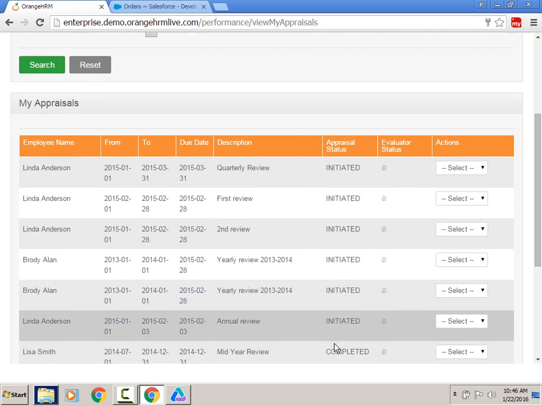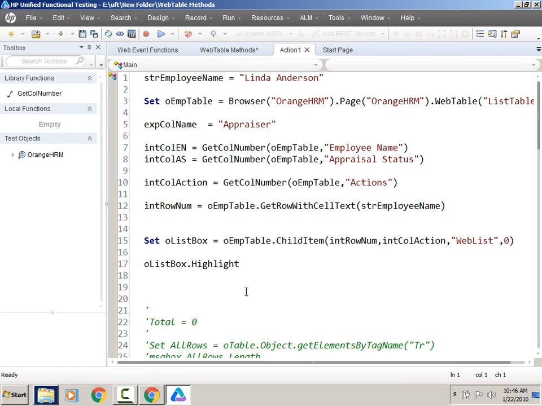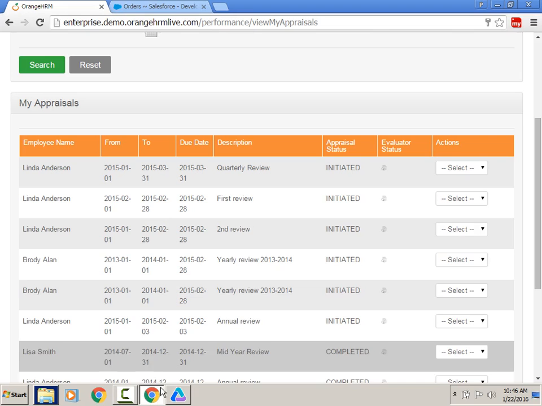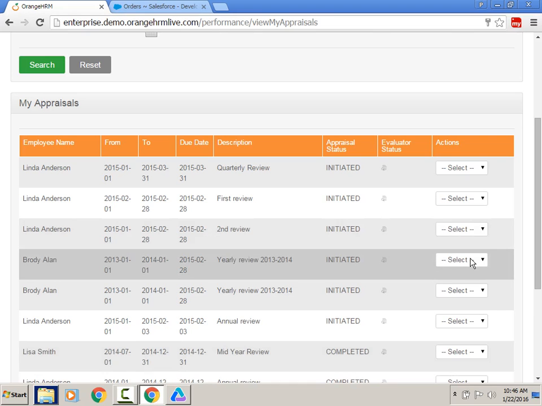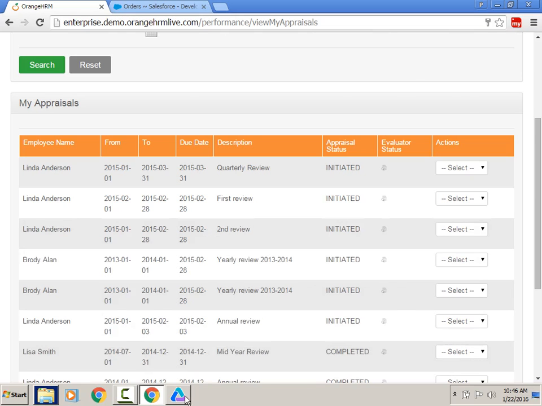It is highlighting it. Then if I provide row number as 5, it should go to the 5th row and 8th column here. This is the 8th column because we are getting the column number for actions. Then it should highlight the web list which is in the 5th row of the 8th column. This one it will be. Now if you run this,